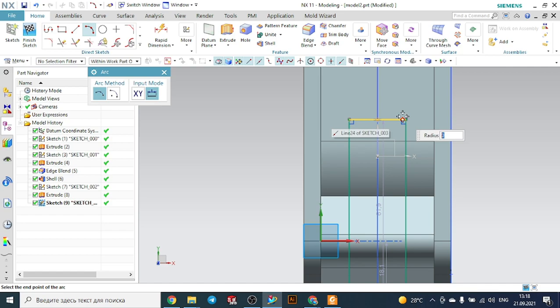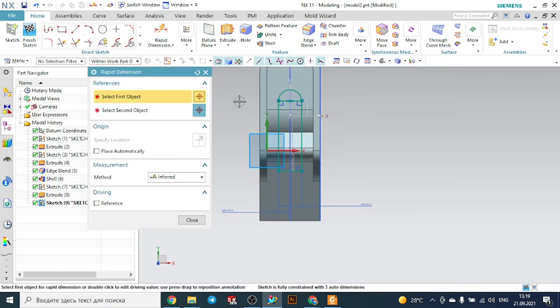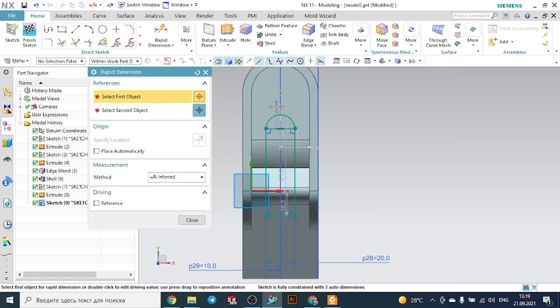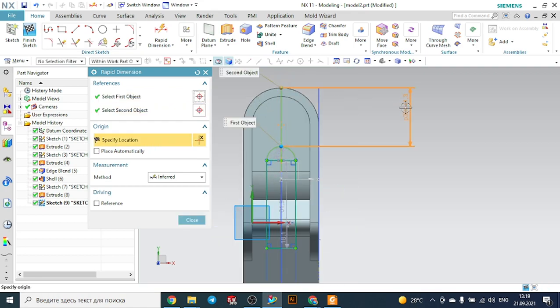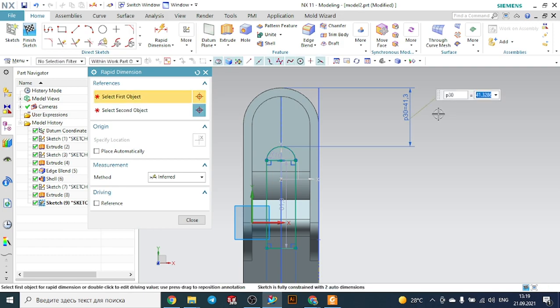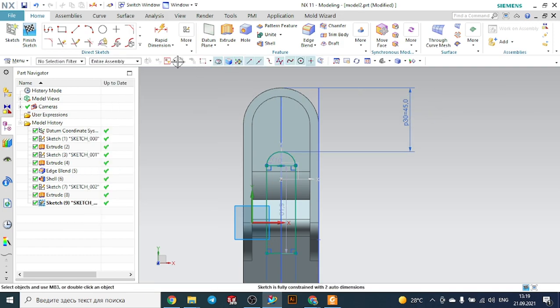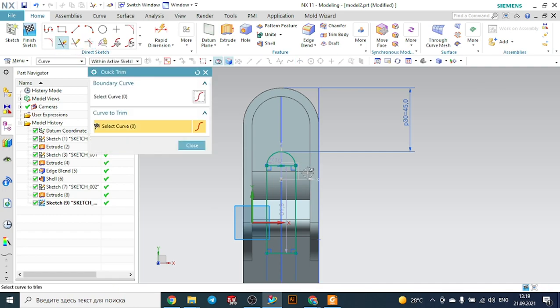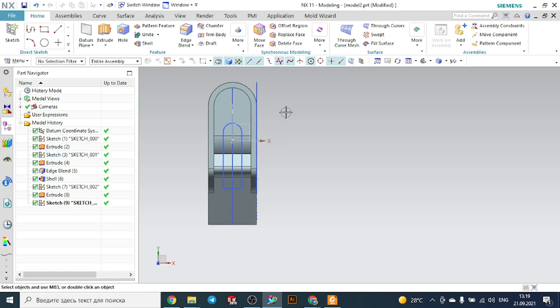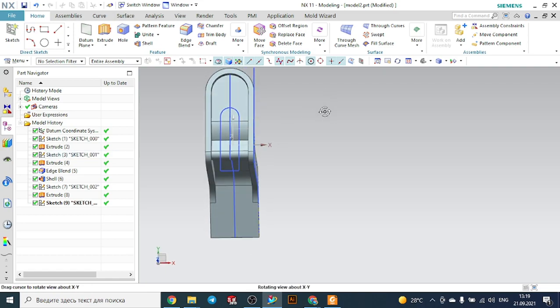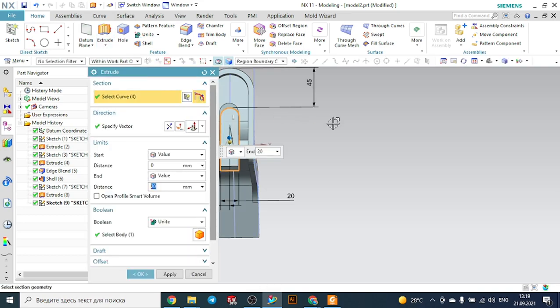and make it here the arc here, and like the distance from here to here is the 45, and make this trim this part. So finish the sketch. Oh, it is ready. Let's go to the extrude to make the subtract this one,